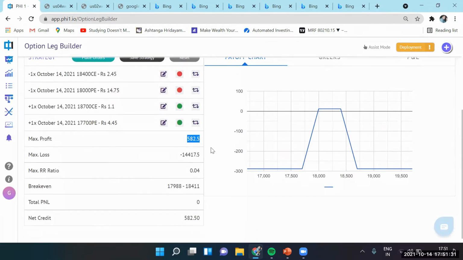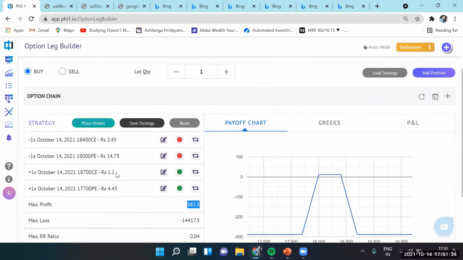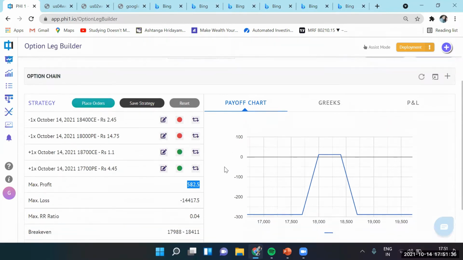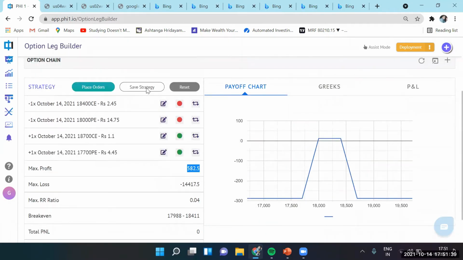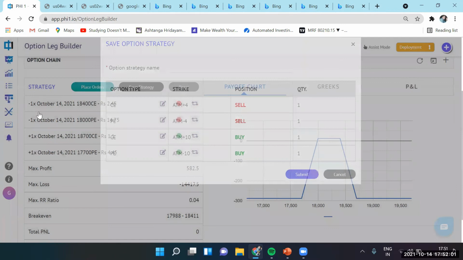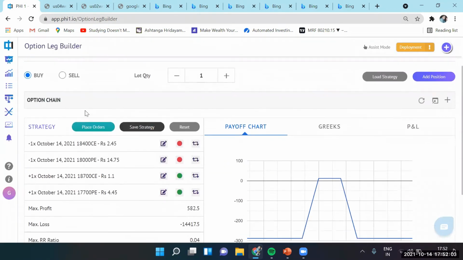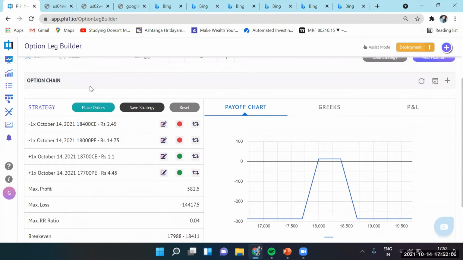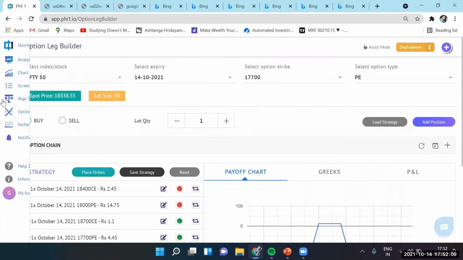All right, so you can keep on changing the dynamics of the strategy. You can make it a ratio spread, as we will see in the next strategy that we talk about. All right, so now you modified it. You can save it with an alternate name. Let's call it modified iron condor. And get to save it. So everything is graphical for you to construct, to load, to backtest, and to place the orders. I can immediately place the orders. I can change the symbol, reload it, place the orders for that symbol.